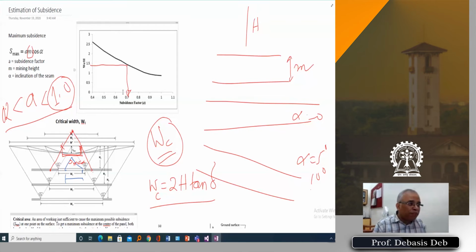Now, if you stay in the subcritical zone, you can reduce the subsidence. If you reduce the panel width to less than 1.4 into H, then you can reduce the value of the maximum subsidence because you will be in the subcritical zone. So, if somebody says you cannot subside the land more than 1 meter, then you readjust your panel width, because this is in our hand. How much to mine? How much area am I going to mine? So we will reduce the width of the panel so that we stay within 1 meter or so.